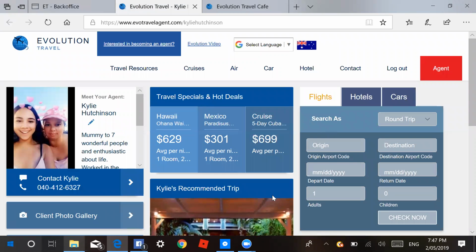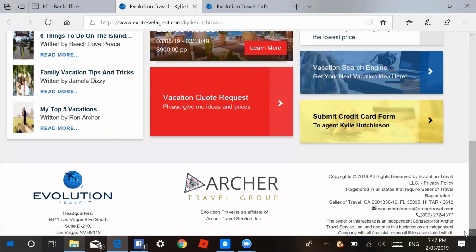I actually don't really like it, but I'm hanging out for the new ones. Anyway, get to the point. We're going to scroll down, and here in the yellow box is the credit card form that we will need to use. This will be submitted to you, and it will end up in